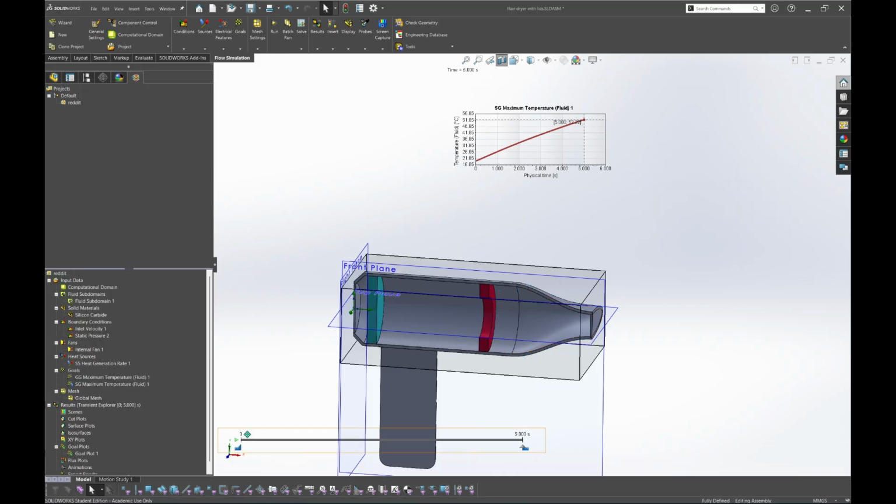Okay, on this tab lower, you can click play like this. Maybe in 3 seconds you have 40 Celsius.